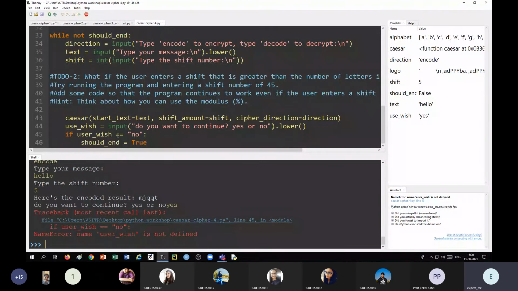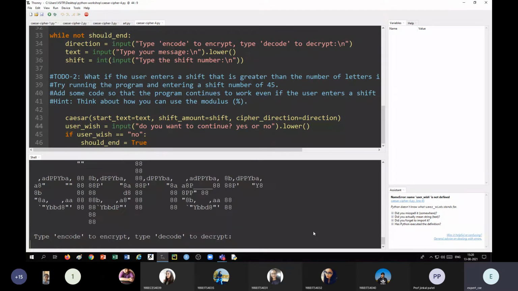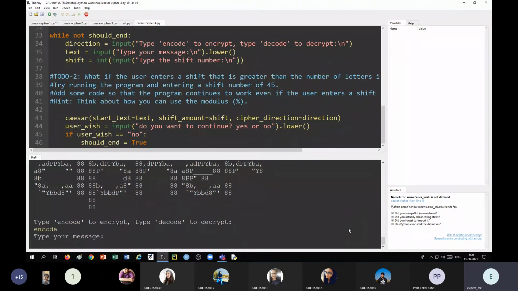User wish is equal to input, yes or no. Oh, spelling mistake is there. We'll give the same input. Hello, shift by 5. We got the result.